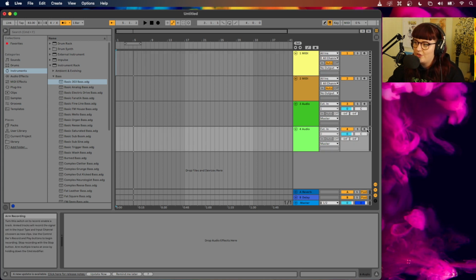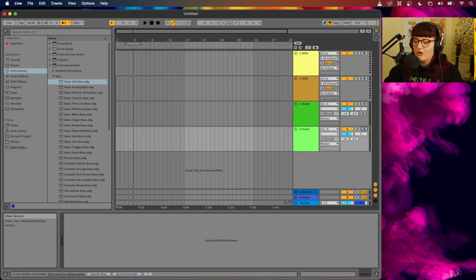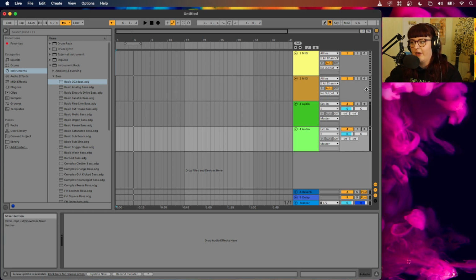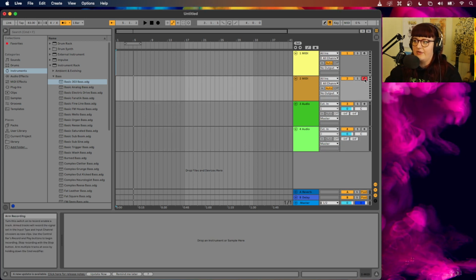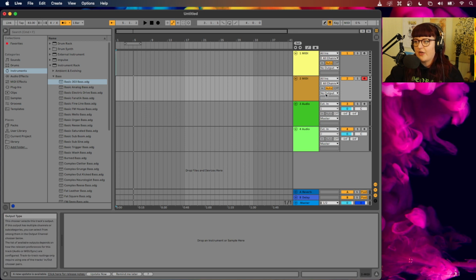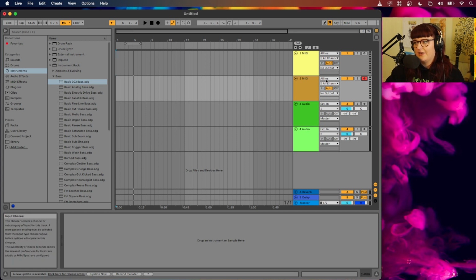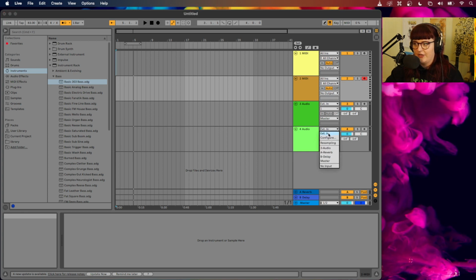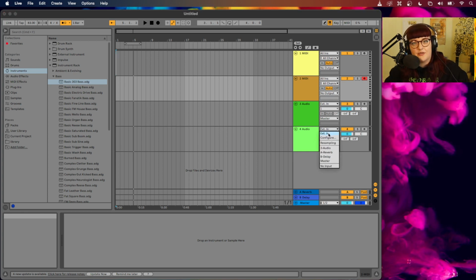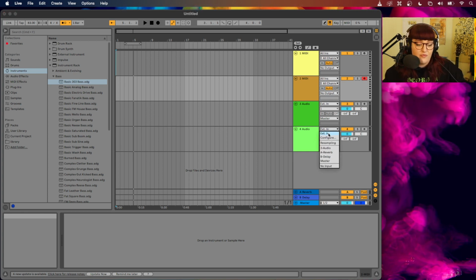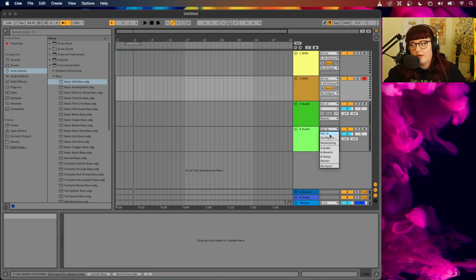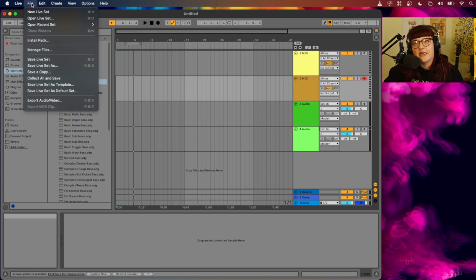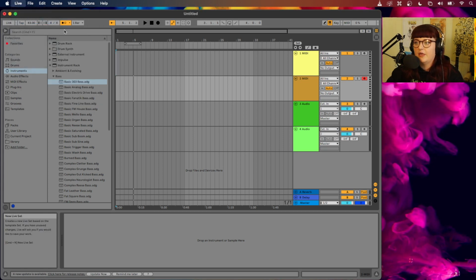The little dot on the side, that is our record enable button, and that allows us to arm recording, get it ready to actually listen to sound coming in. We also have the options for where we want the sound coming in and out. If you're working with an external interface, like I've got a little interface on the side here that allows me to plug my microphone in, then I would be going with an external input,